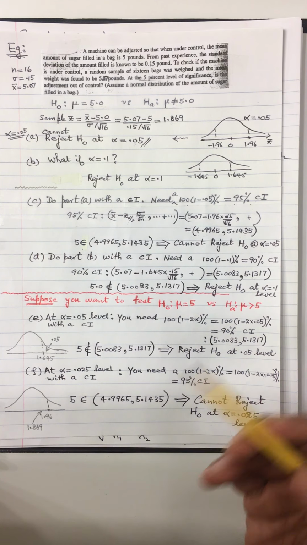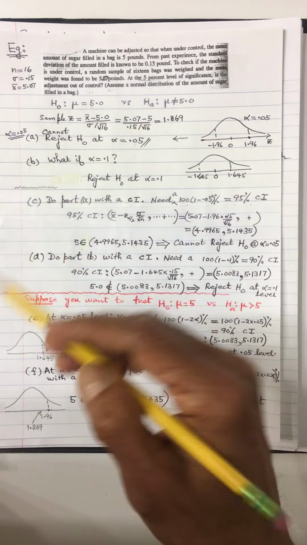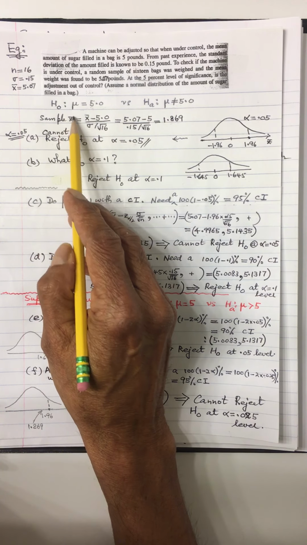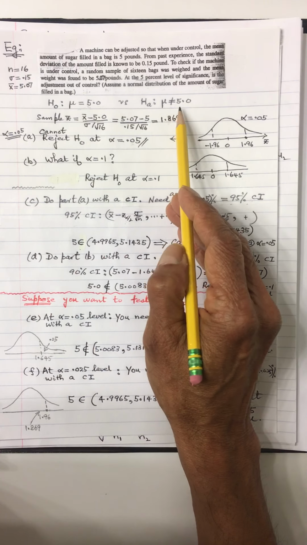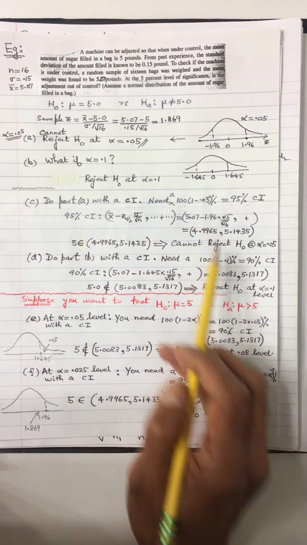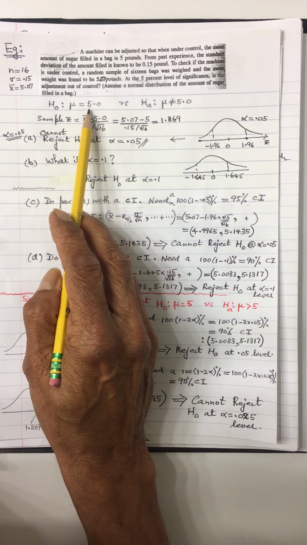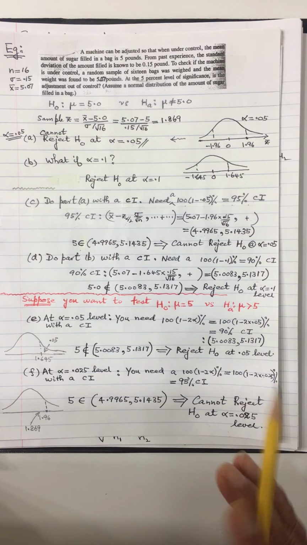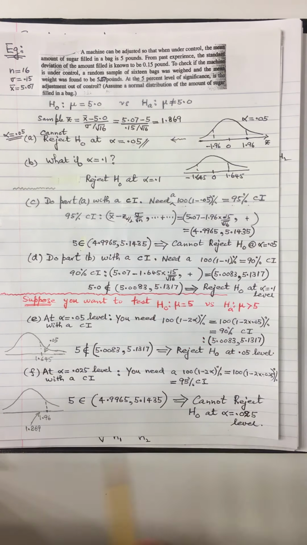So say for example 6, whatever, okay? So you can say you want to check mu equal 4.5 with a two-tail, mu not equal 4.5. So you do the same, you don't have to recalculate. All you check is whether 4.5 is in this interval. That's it. Okay, but this has got to be a two-tail test.